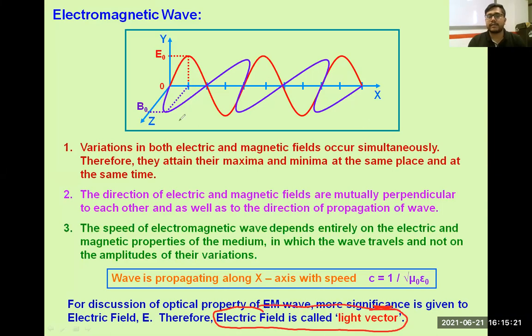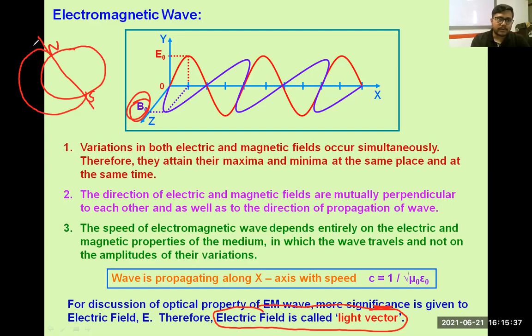Basically, the magnetic field is also present, but the strength of the magnetic field is not very high. We know that we are living on Earth, and our Earth also has its North Pole and South Pole. If a magnetic field comes from the North Pole and goes towards the South Pole, this type of field originates in our Earth. So if the intensity of the magnetic field is very high for light, that will not be suitable for its propagation.